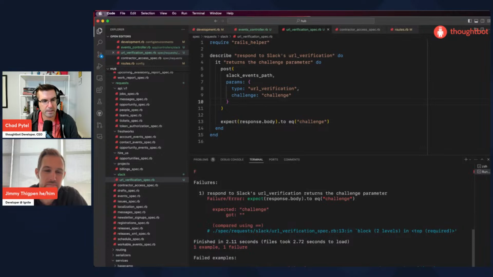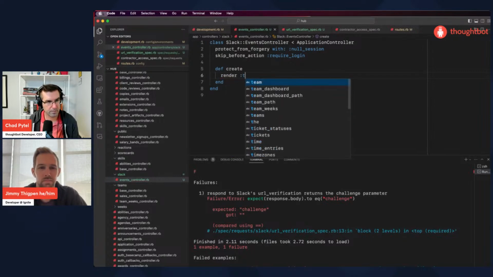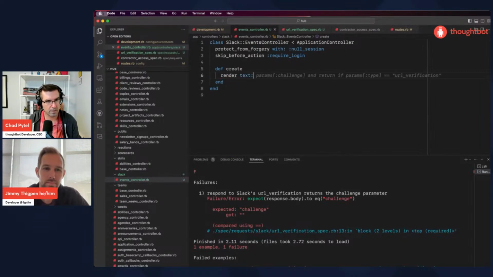And so I ran the specs. It's got back an empty string because we're not doing anything. And so now if we go over here, I think we say, well, I'm not going to write it that way.